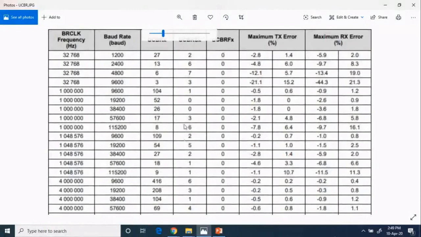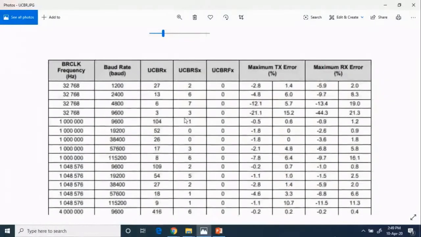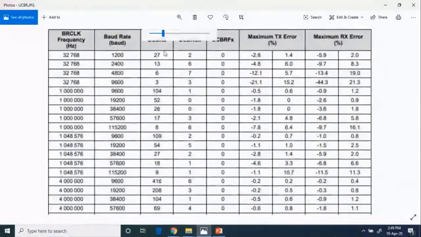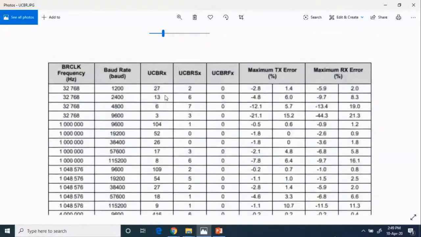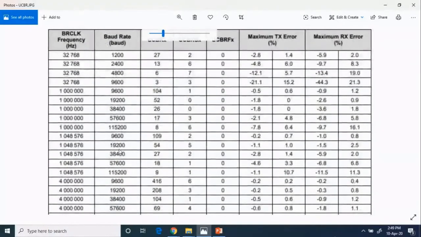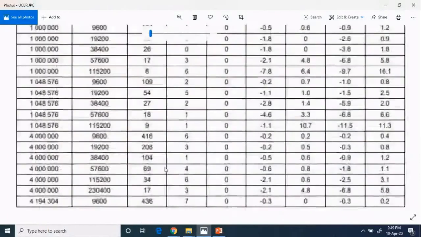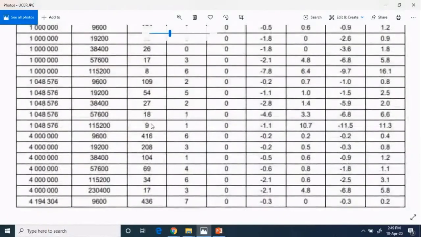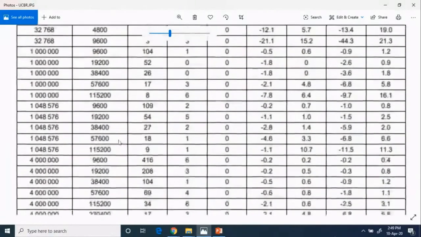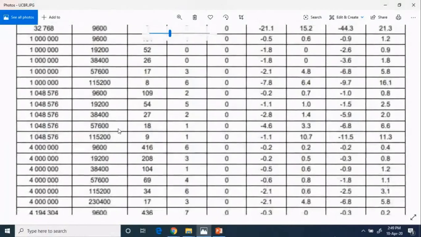For different values of UCBR0, the corresponding baud rate will be different. So in my program, we are choosing 9. For 9, the corresponding baud rate is 115,200.